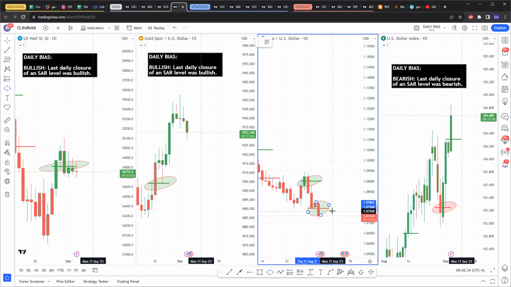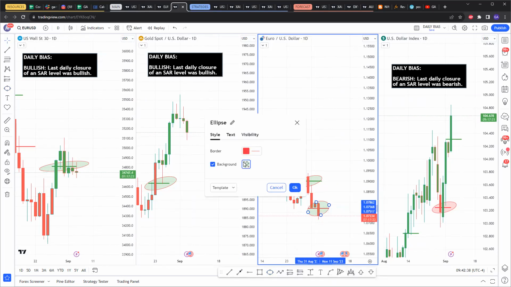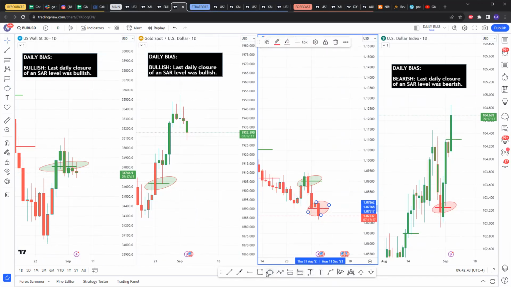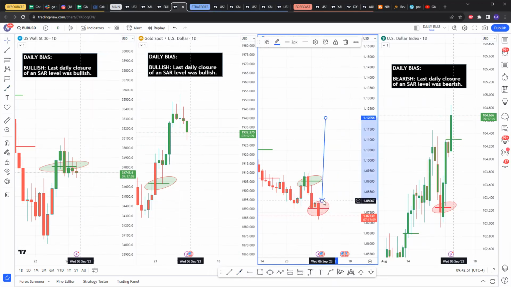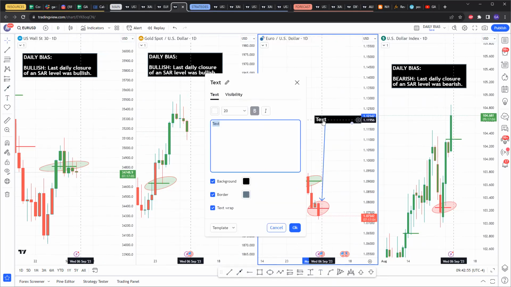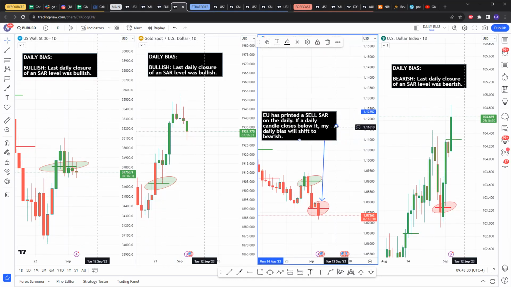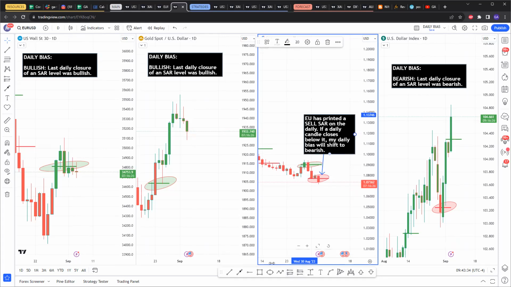So here, what I interpret this as, so what I would do with this is turn this way, and then I would highlight this as this, and then I would just put in a note for myself. Right? So in order to avoid confusing myself, these are some of the things I like writing down. So as much as I am still bullish on EU,